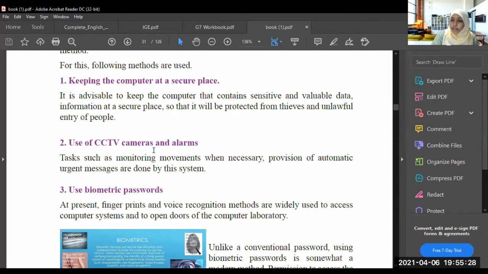And the use of alarms: when somebody comes to a place where the CCTV cameras are fitted, the alarm will send you some messages to your phone. For an example, you are not in the office, you are not in the laboratory, but you are at your home. If some movement happened there, there is an alarm which tells you that there is something or someone roaming around the laboratory. It monitors.